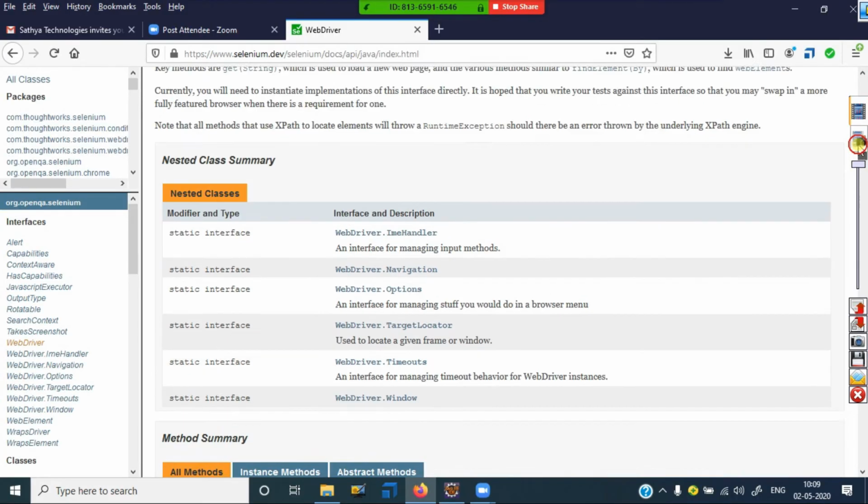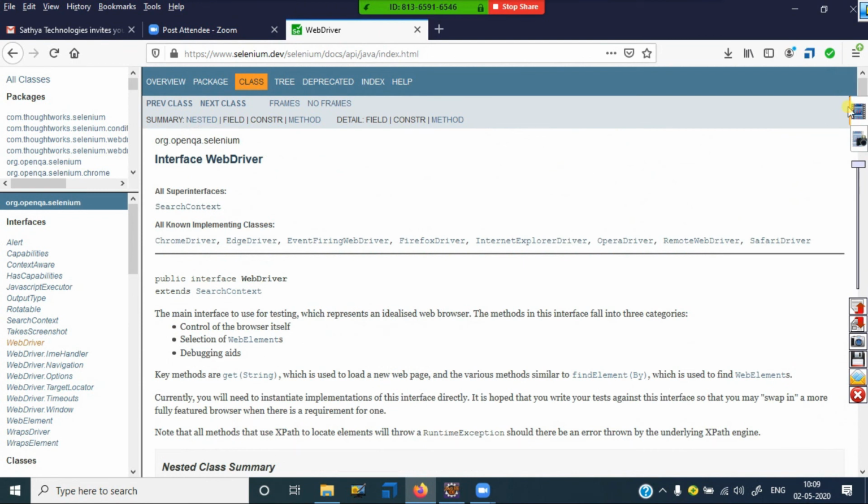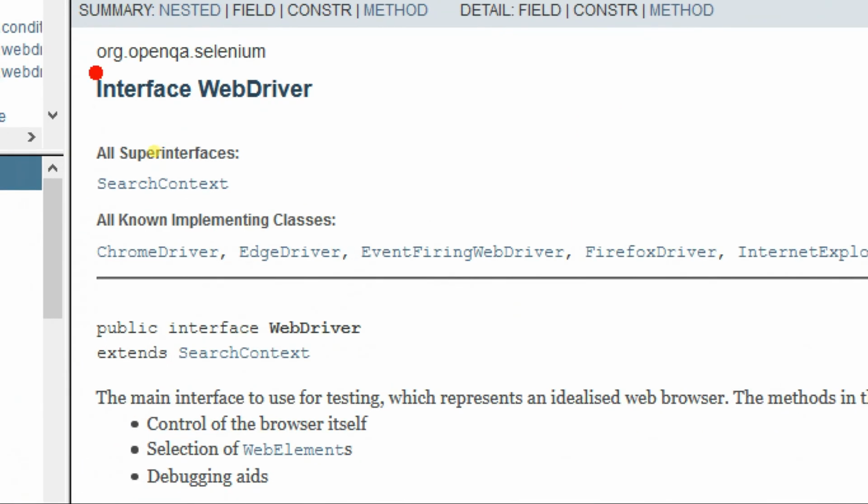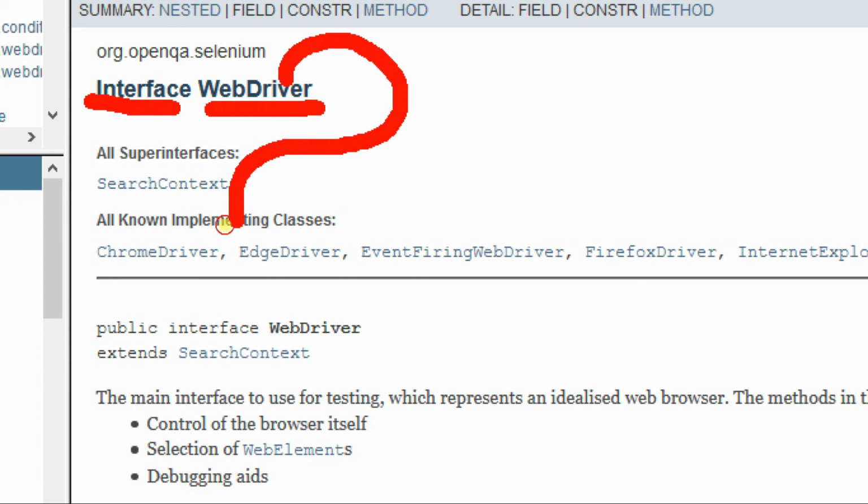Now let's discuss. What is the interface name? WebDriver. That interface has so many methods, and all the methods are implemented in classes. Which classes? ChromeDriver, one class. EdgeDriver, one class.